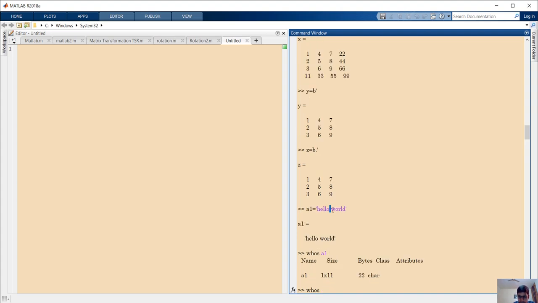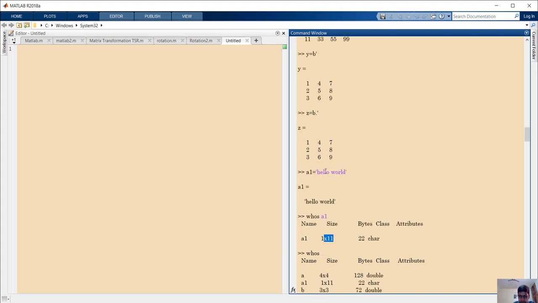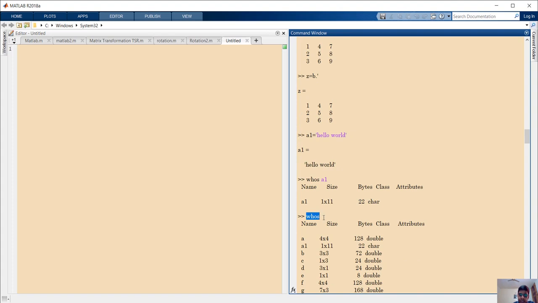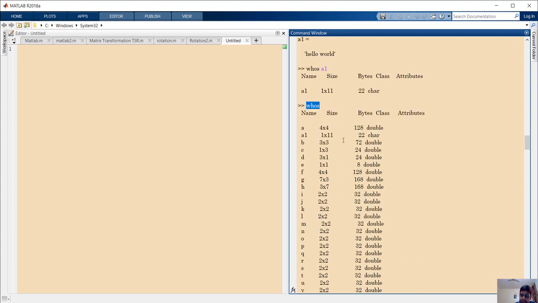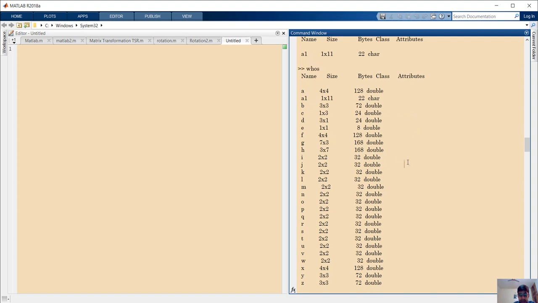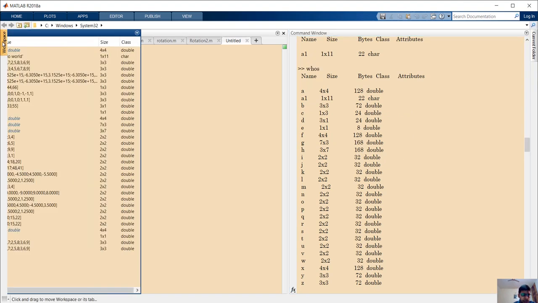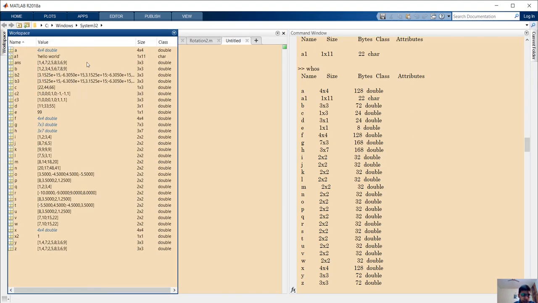So 5 plus 5 plus 1 is 11, so we have 11 character values in here. Okay, and if I simply write whos, then it will show me the entire variable that I have entered, which is saved in the workspace. And let me tell you, here is a workspace, and as you can see, all the values that we have stored, it's saved in the workspace.